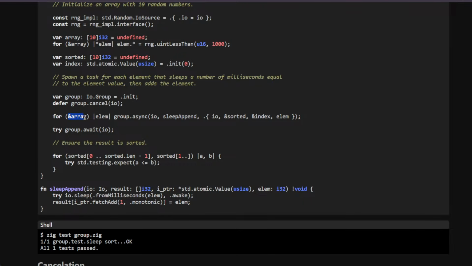Okay, and then we go through the array. So async will spawn a future thing with this, using this IO. Sleep append is this function here. So we're sleeping, we take an atomic thing here,